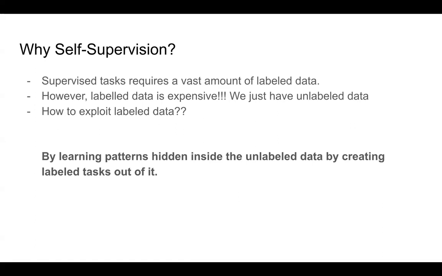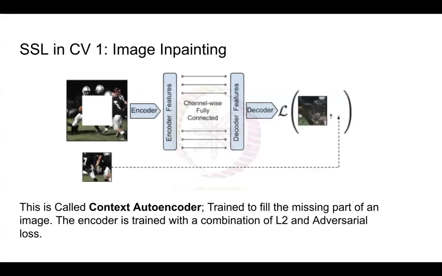And you can use these patterns to learn our target task. Okay. So starting with the first task in our hand, that's called image inpainting. As you can see, this is all about self-supervised learning. I'll just give you one example, so you will know how these things are designed. The first is SSL in CV, that is self-supervised learning in computer vision. Example number one is image inpainting.